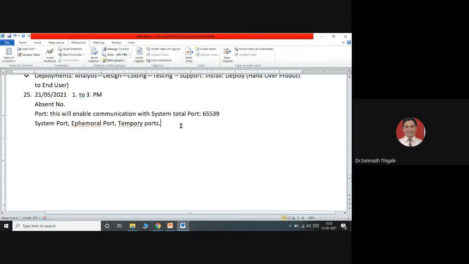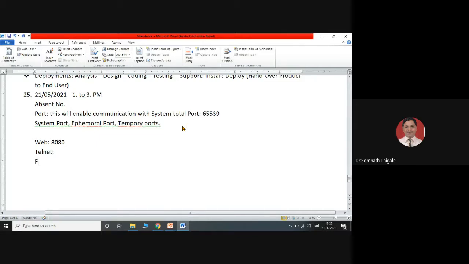Specific purposes are there. For example, if I want to use web services, the web services will be on a particular port, for example port 80 or 88, and port 8080 we can also use. Suppose you want to use telnet, so telnet services will work on which port?